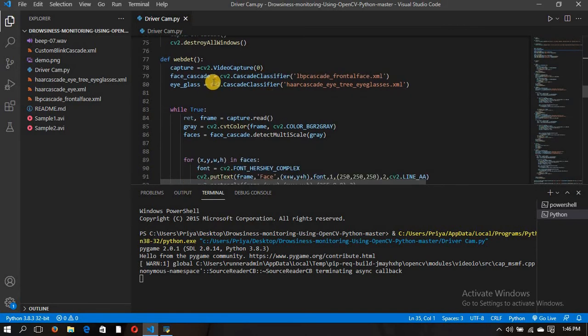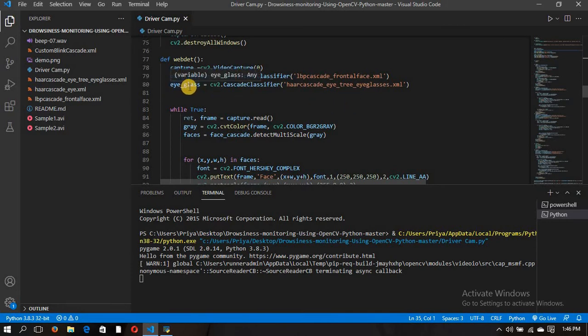Then we again define a function, web detect. Here we again capture the video. Then face cascade equals cv2.CascadeClassifier, and we have passed an XML file. Here the cascade classifier class is used to load the trained cascade set of faces, which we will use to detect faces for an input video or image.